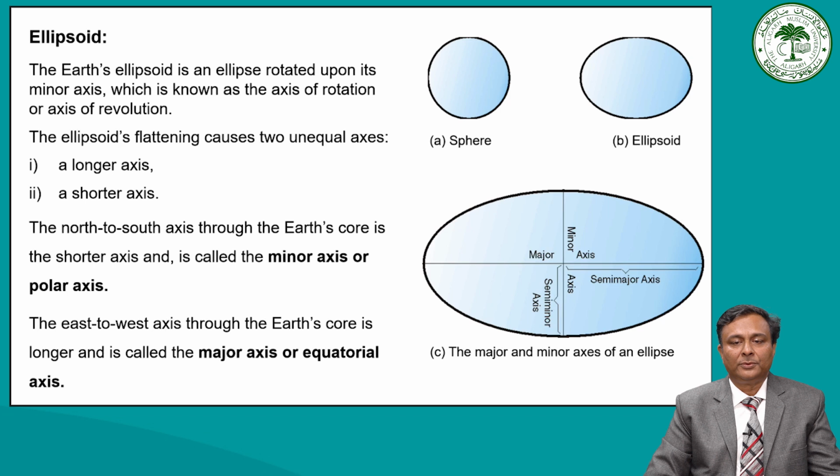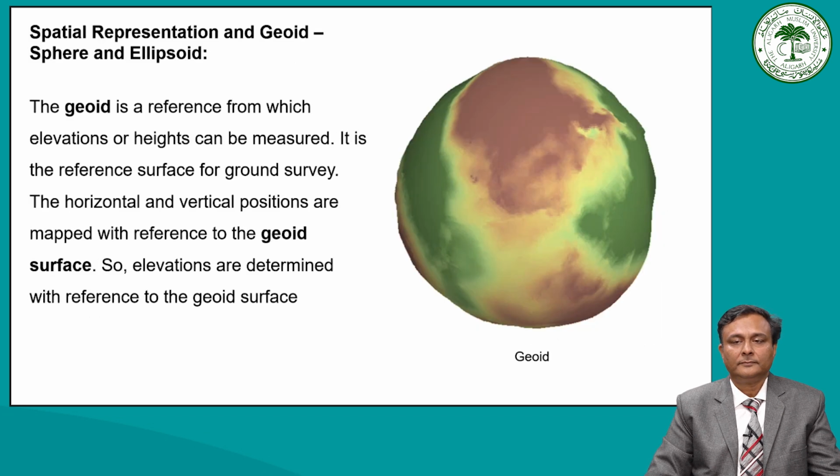So if you look into the lower diagram, the C diagram, the major and minor axis of the ellipse, the north to south axis through the Earth's core is the shorter axis and is called the minor axis or polar axis. The east to west axis through the Earth's core is longer and is called the major axis or equatorial axis. So now we are aware of the three